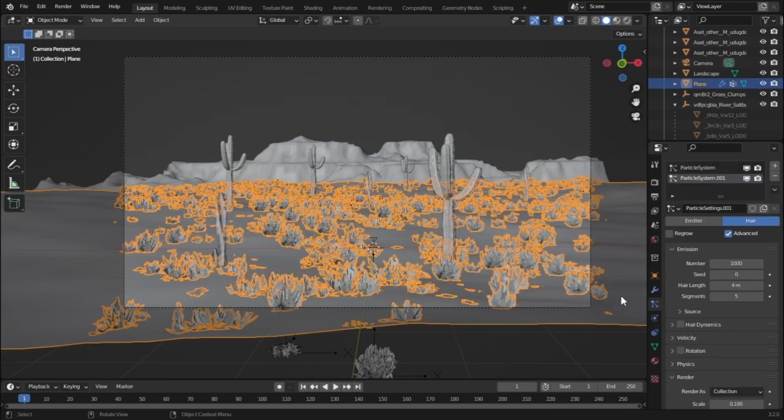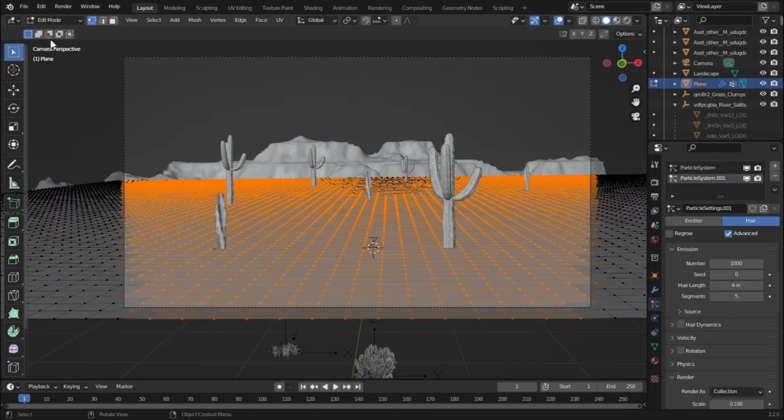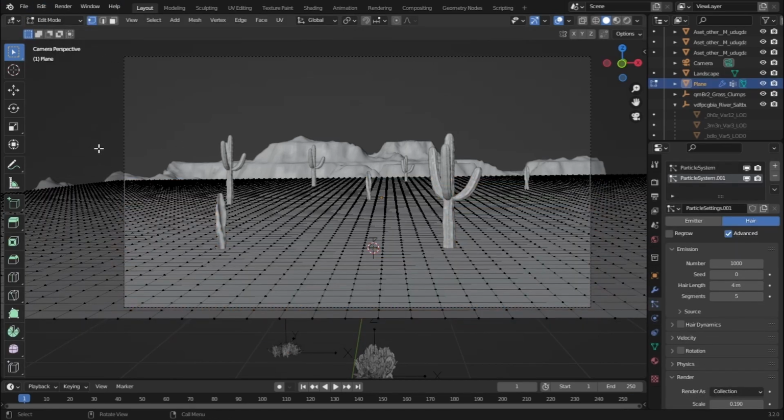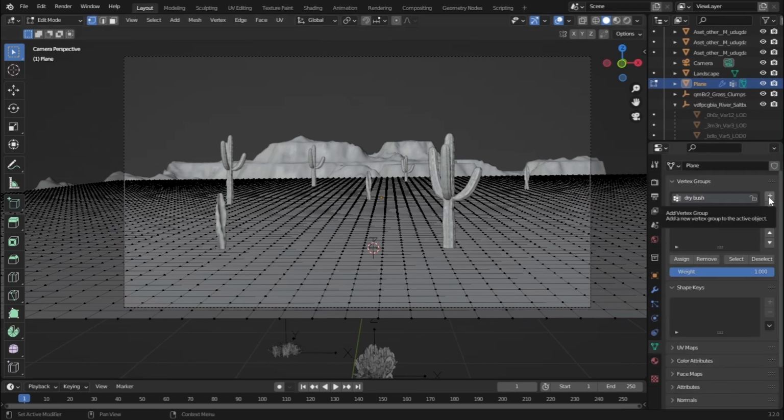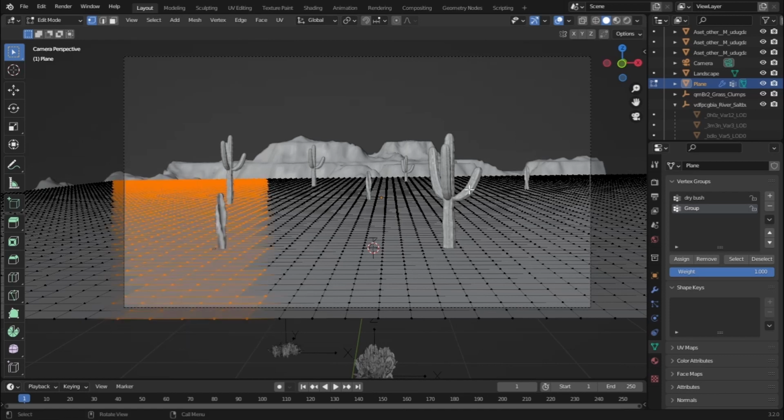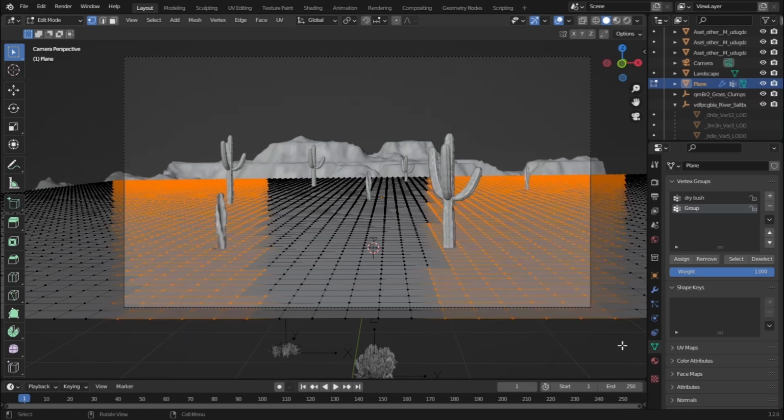And now for this one, let's select our plane and go to edit mode. And now I will select different vertices for this one. So go to vertex group and let's hit plus. And now I will select only this portion and this portion of our terrain and hit assign and I will name it grass